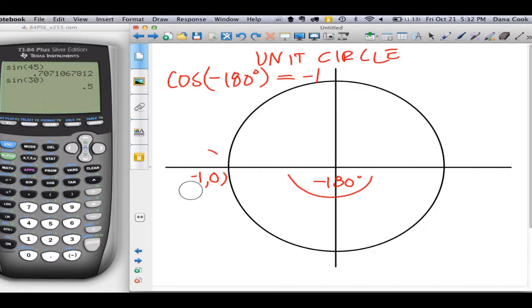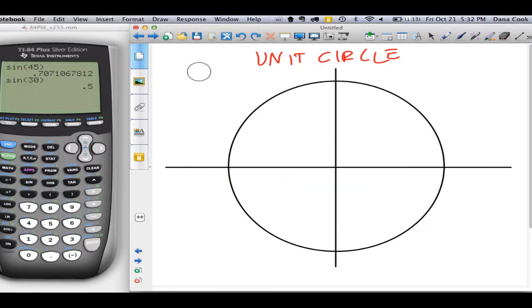What if I asked you for the secant of 90? The secant of 90 degrees is equal to what, using the unit circle? Well, where's 90 degrees? A 90 degree angle in standard position is here. And so what is that? The coordinates of that point is 0, 1. And remember, what is secant